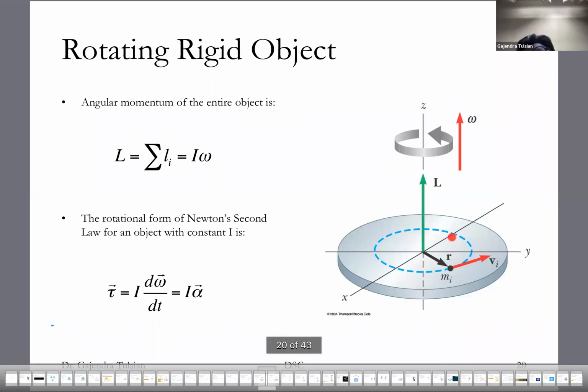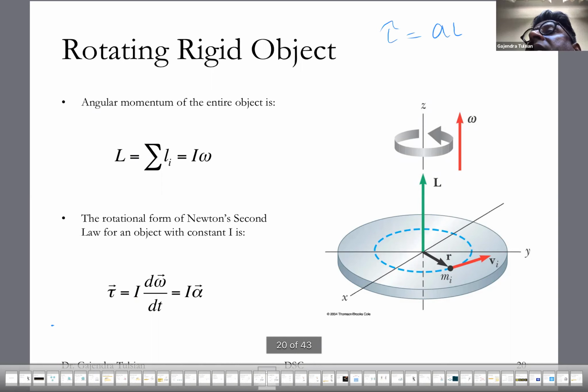So for a rigid object rotating about a fixed axis, the moment of inertia is constant, and the angular momentum is I times omega, and the torque acting on it, since I is constant, is